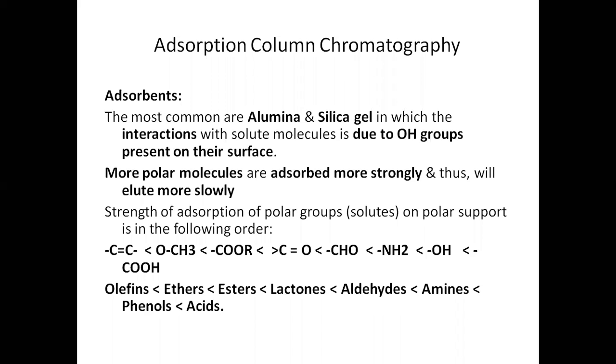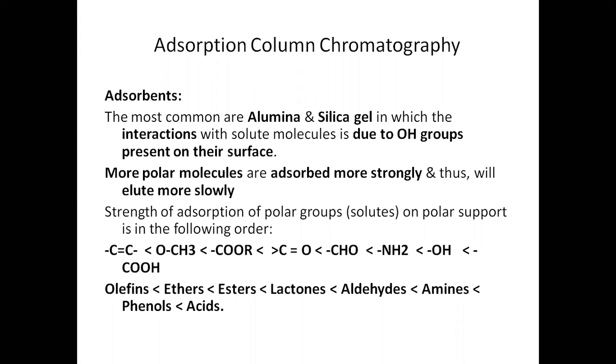And with the advances, what we have come to understand is that pharmaceutical compounds actually contain more of these compounds which have been indicated here. Pharmaceutical compounds will be either esters or lactones or aldehydes or amines or phenols or acids. So this shows that when these compounds are used along with normal alumina and silica, then separation of organic compounds on the basis of alumina and silica is not quite possible. Why? Because they have very little affinity with the alumina or silica, and therefore their separation is not quite possible with the help of this.